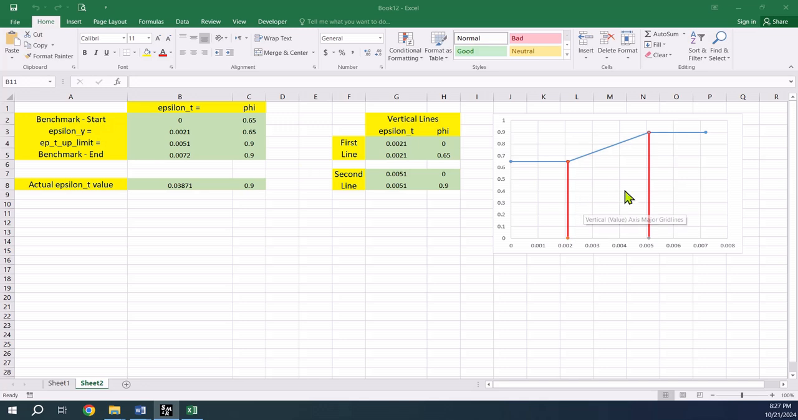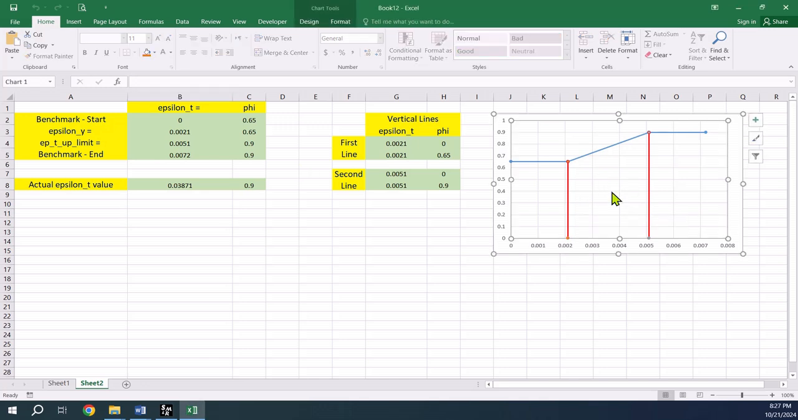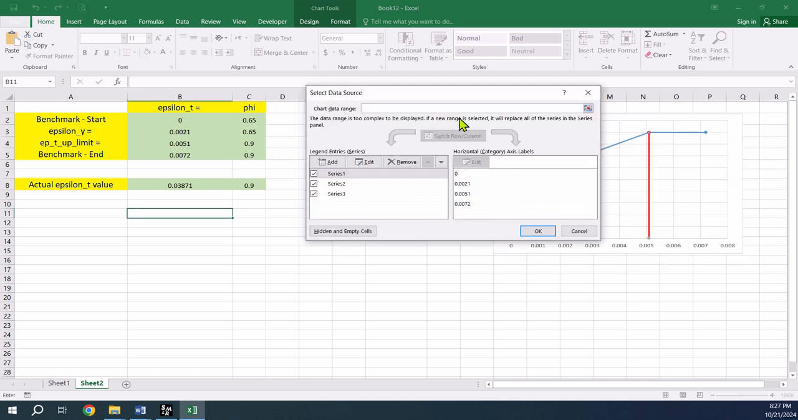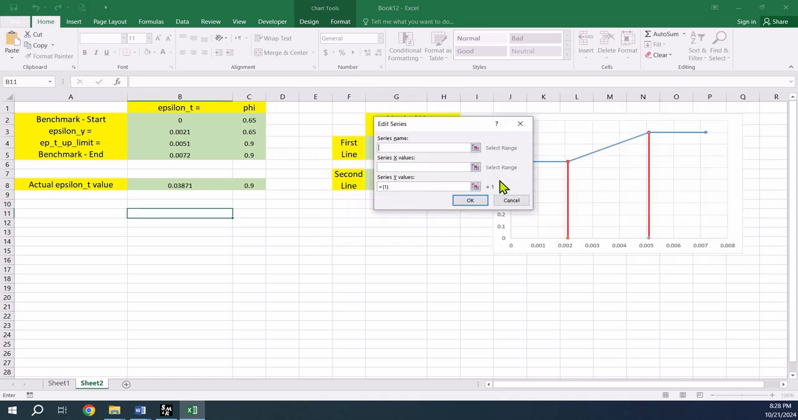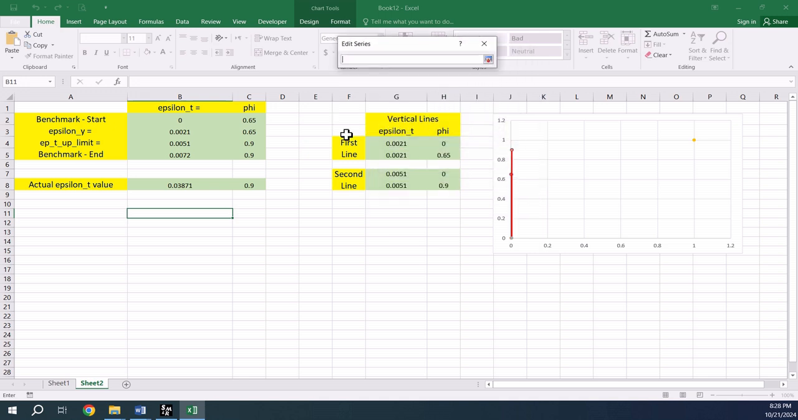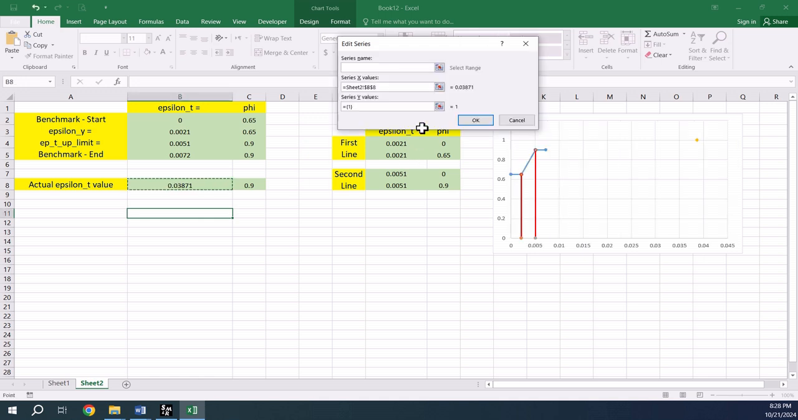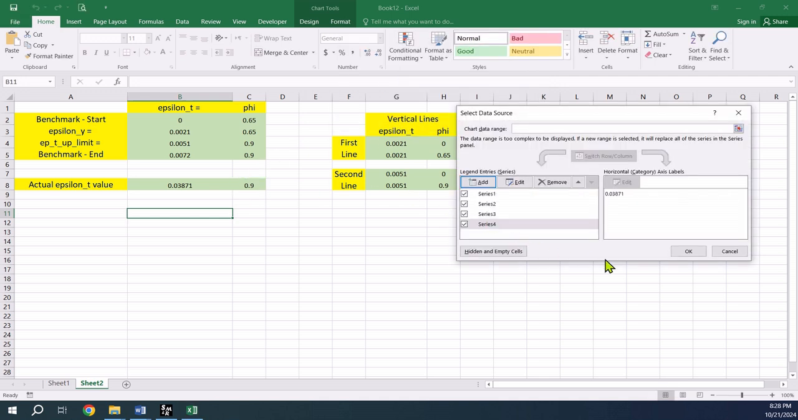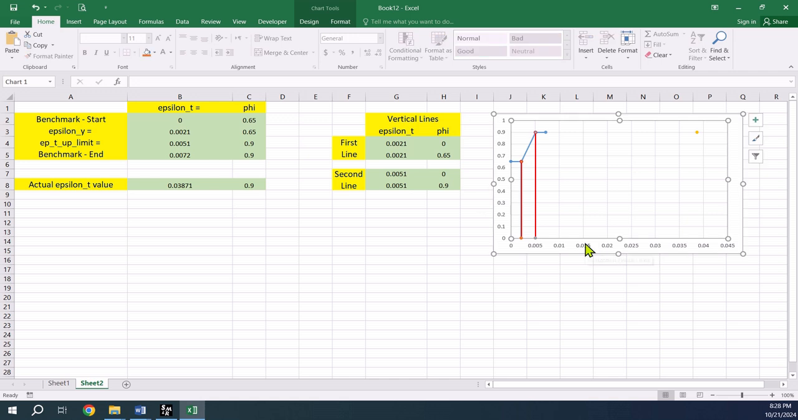I'm going to use the mouse to select the chart that we created in the previous session. I'm going to right click, then select data, and I'm going to add a new series. The new series will consist actually of one point. For the x-axis, I'm going to use this value here for epsilon t. For the y-axis, I'm going to use this value here for phi. Once I click OK, you can see that the point that we want is actually displayed here,